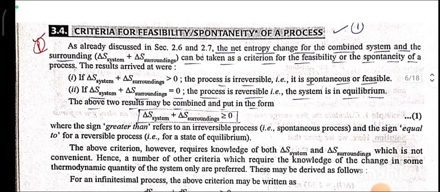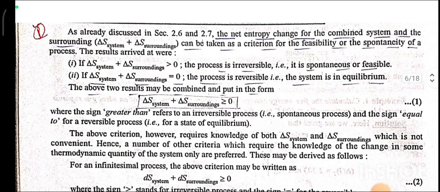Criteria for the feasibility or spontaneity of the process. As already discussed in sections 2.6 and 2.7, the net entropy change for a combined system and the surroundings, ΔS of system plus ΔS of surroundings, can be taken as a criterion for the feasibility or the spontaneity of a process. The results arrived at were: if ΔS of system plus surroundings is greater than 0, then the process is irreversible, that is, it is spontaneous or feasible. If ΔS of system plus ΔS of surroundings is equal to 0, the process is reversible, that is,